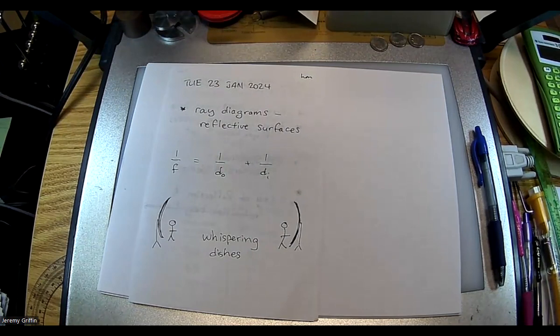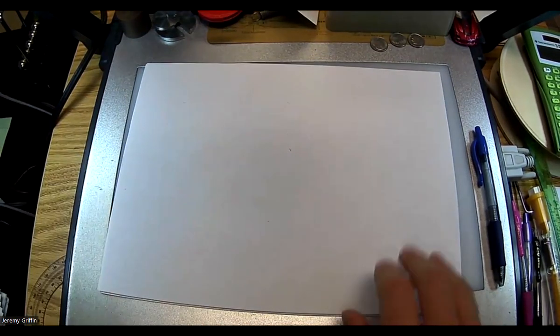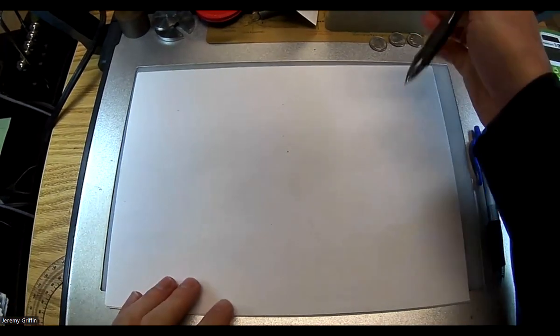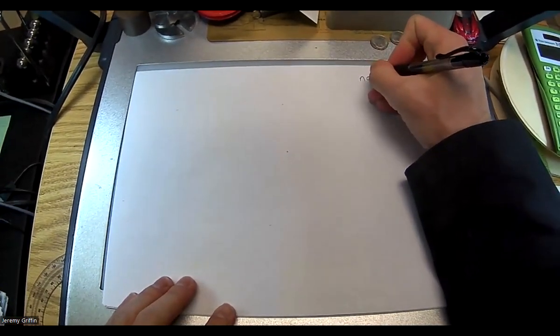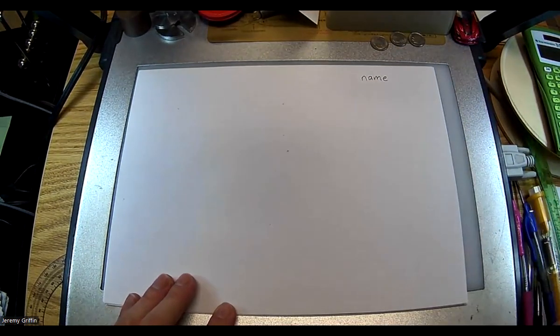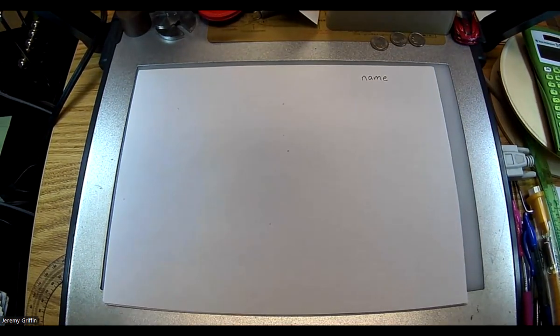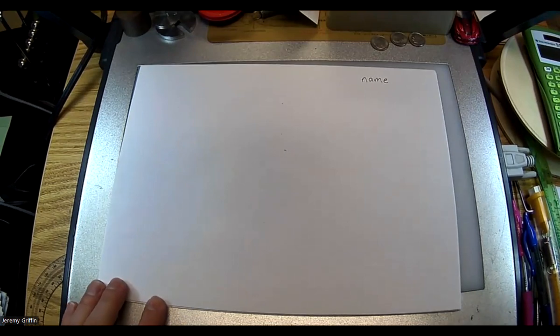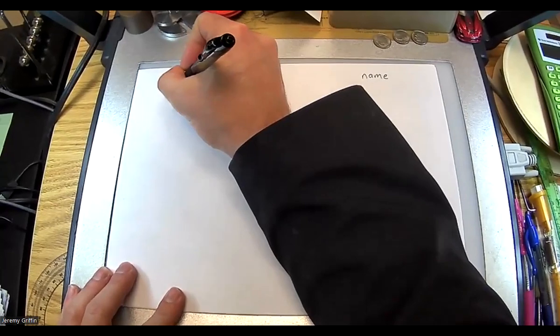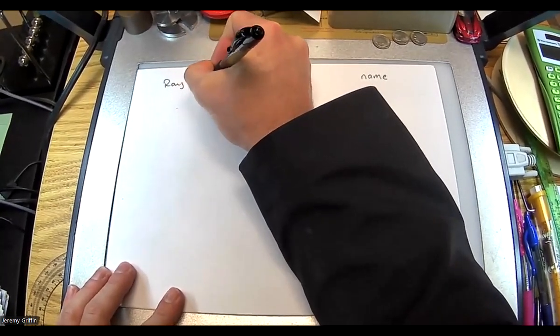So you guys got a paper in front of you, right? You guys got paper? Okay. So put your name on your paper. Everybody just write your name on your paper. I'm gonna have you turn this in at the end of class. As long as you do, we're gonna do 6 diagrams, right? As long as you have all 6 and they all look good, check out, then you'll get points in the book. I'm gonna title this Ray Diagrams